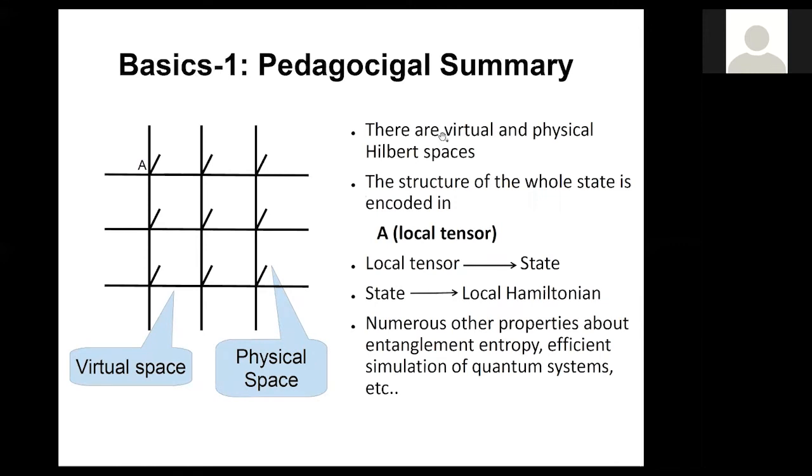So as a summary, in these tensor network states, there are virtual and physical Hilbert spaces, the contracted legs and the uncontracted legs. As I said many times, the structure of the whole state is somehow encoded in this local tensor A. So what we do is that we go from the local tensor to the global state, and from the global state to the local Hamiltonian. This is somewhat unconventional